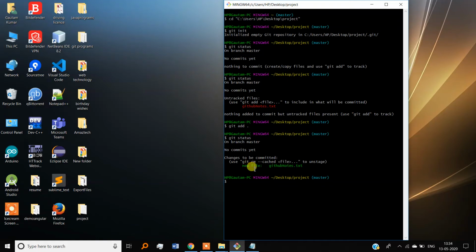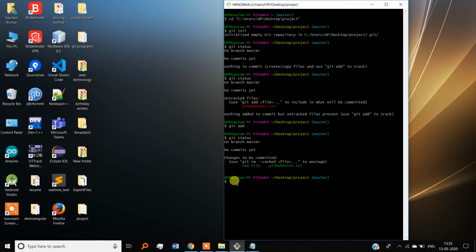So always remember the basic steps we have to follow. We have to create our own project, and if we have to submit it on GitHub, then first we need to initialize git, and then we can check the git status. It's your wish to explore git status and all. So this process will be the same always.